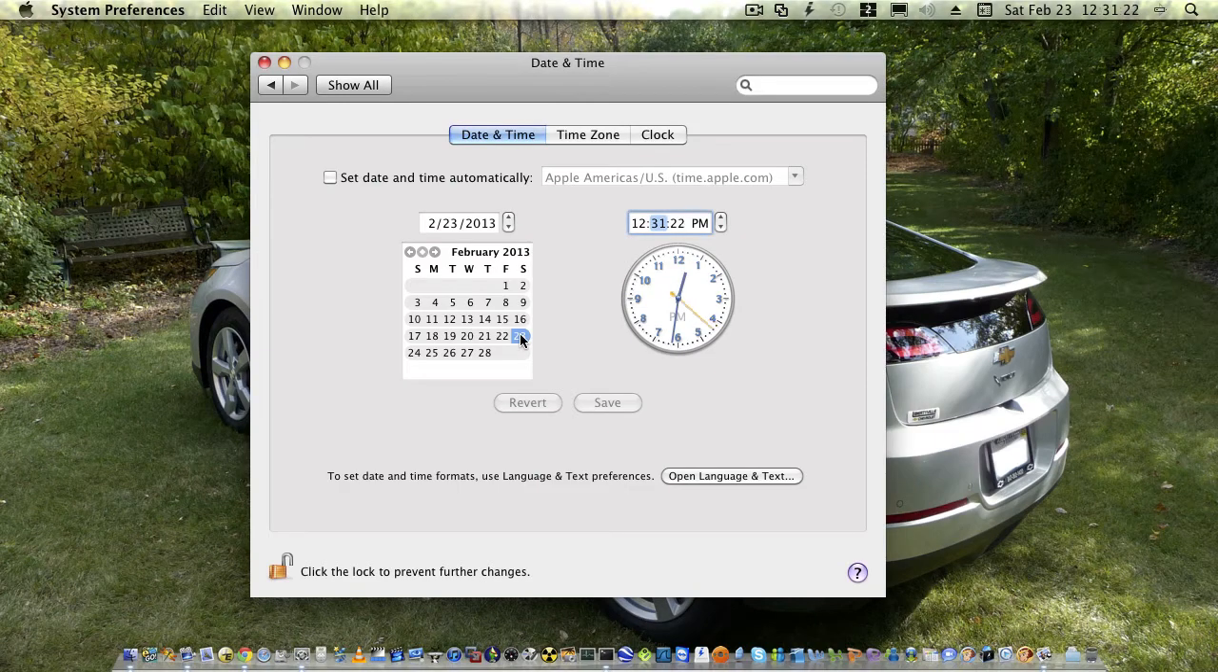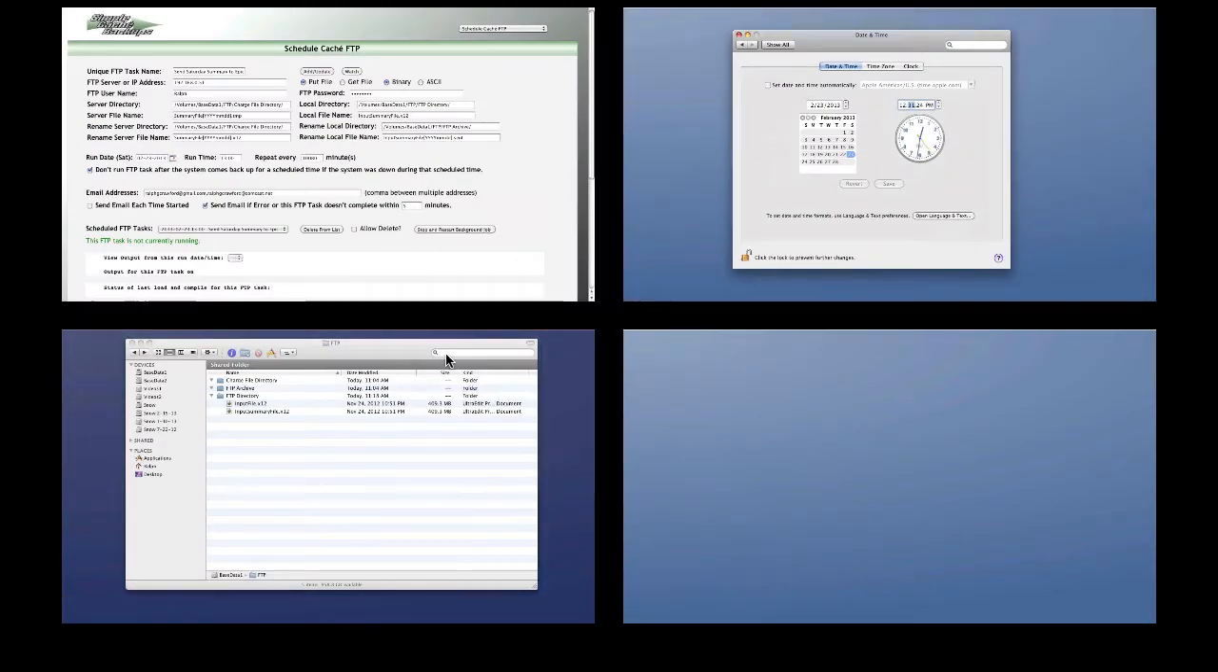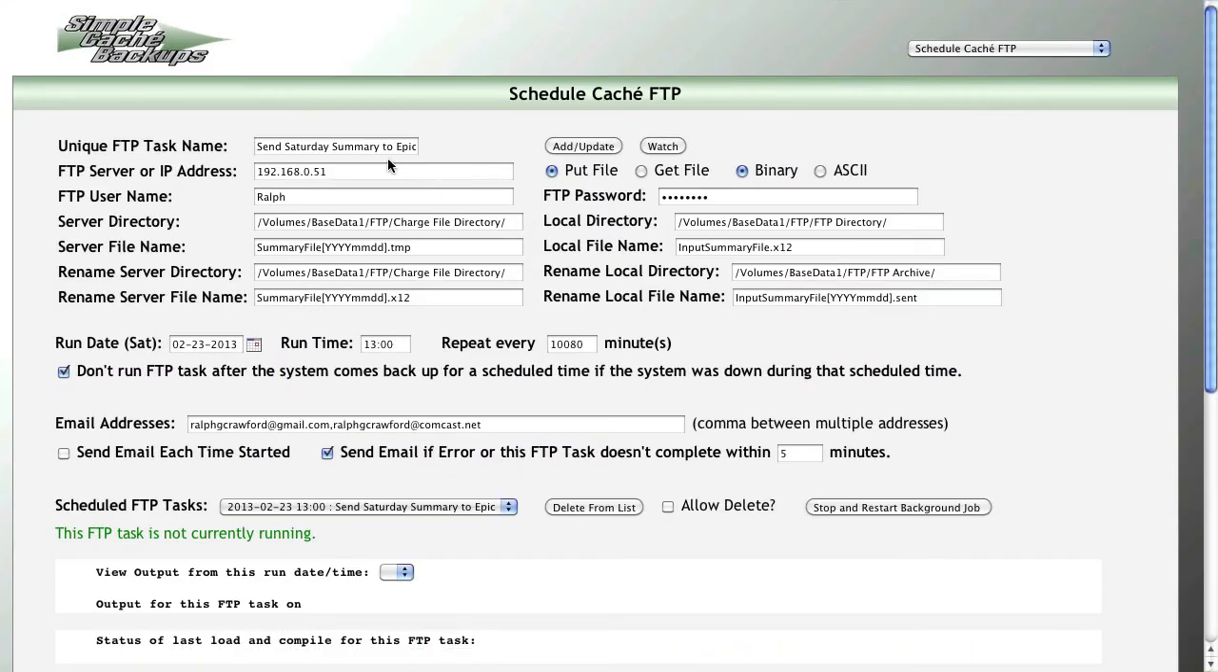To do testing for Cache Auto FTP, we're going to need to change the date and time. We're going to need to enter a unique FTP task name, a server name, whether we want to get or put the file, whether we want ASCII or binary FTP, the FTP account username and password, the server directory where we want to put the file and the name of the file if we want date information in it,